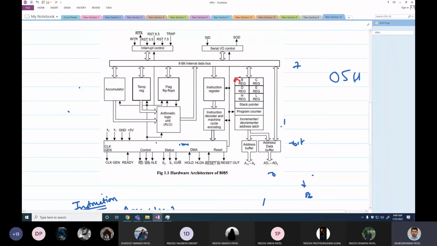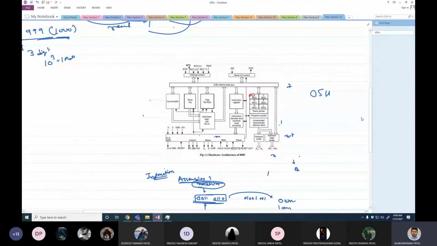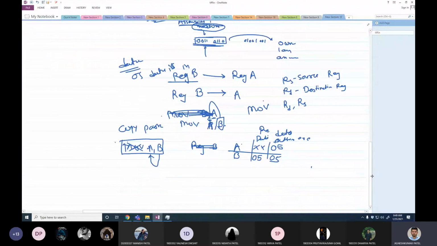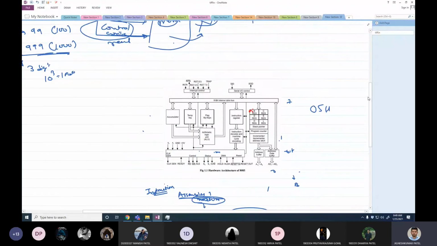Then I have given an instruction to 8085 to move data from register B to A. This is the assembly level code. Move A comma B is assembly level language. Only we understand that, 8085 doesn't understand that. 8085 has an 8-bit data bus from which you can give the instruction, so you have to provide only 8 bits of information.